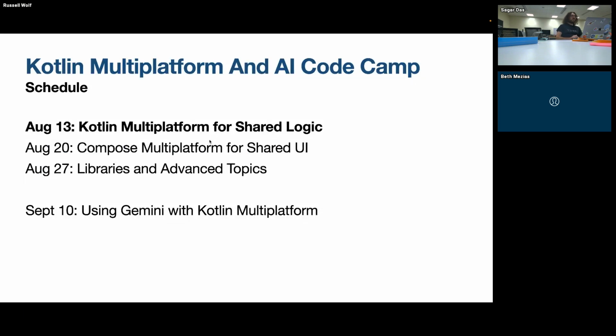Just a rough schedule of how the next couple of weeks are going to look. Today we're focusing on Kotlin Multiplatform for shared logic. Next week we'll do a similar lab around Compose Multiplatform and shared UI. Third week we'll talk a bit about libraries and some other advanced topics, and I'd love to hear from folks who are following along if there are topics you'd like covered in that third week, or anything you'd like to hear more about. Then we'll take a week off for Labor Day, and on September 10th we'll have a session on using the Gemini APIs with Kotlin